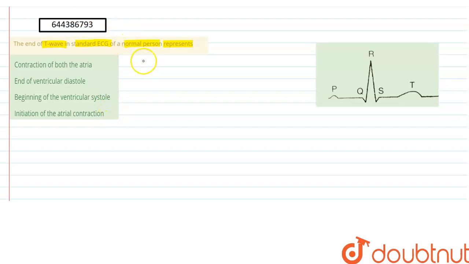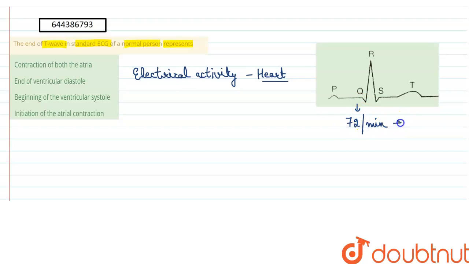So ECG is basically the representation of the electrical activity of the heart, right? The electrical activity of the heart is represented by the ECG. And this is an example of a typical or normal ECG wave which is seen in a normal person, right? Their average heartbeat is 72 beats per minute, so a normal ECG